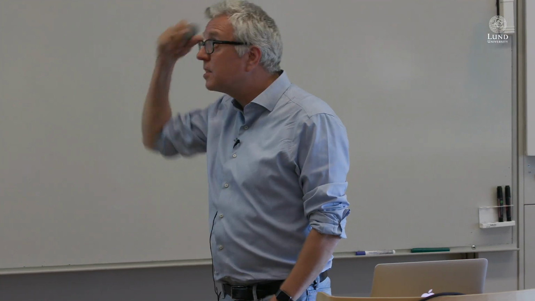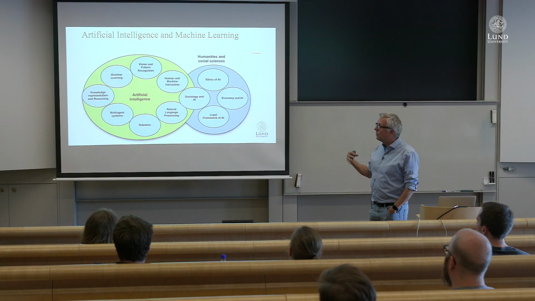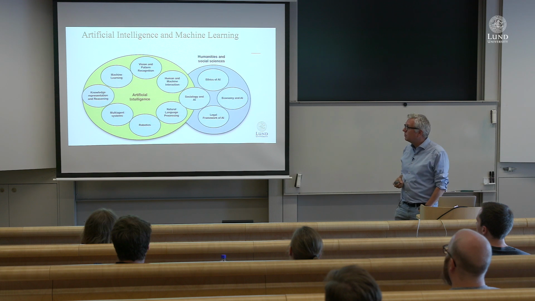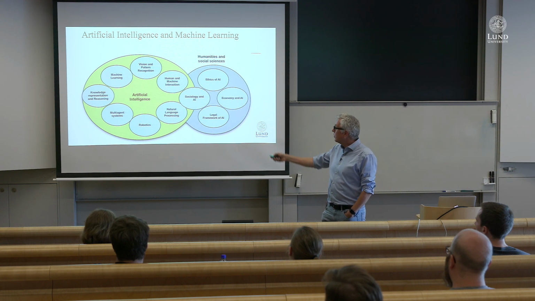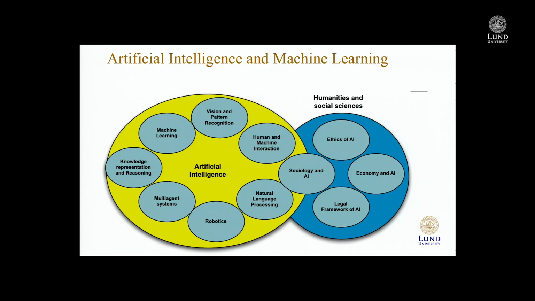So artificial intelligence and machine learning. This is a graph showing different types of topics that people usually consider when they talk about artificial intelligence. So this is like computer vision that I'm doing quite a lot, and machine learning. But we also heard about natural language processing today, robotics. But it's also important to think about how artificial intelligence and machine learning interacts with society. So the economy of artificial intelligence or the ethics of artificial intelligence. These are topics that I think we are already doing at Lund University, but I think we need to do